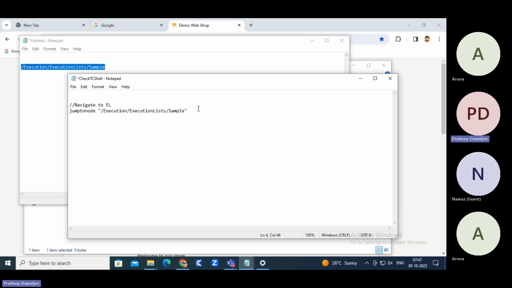And then what was the next step? If we wanted to execute it, we said task run. So I can just keep it this way, and then it jumps to this execution list and runs. But do you want that? No. Before this, we also want to set some